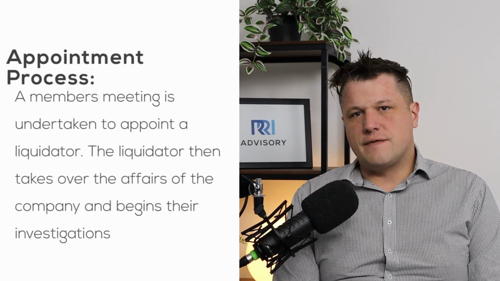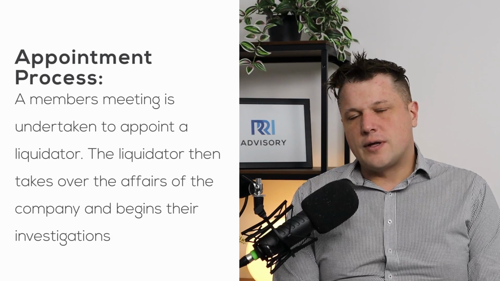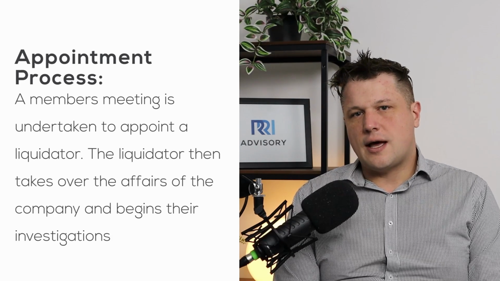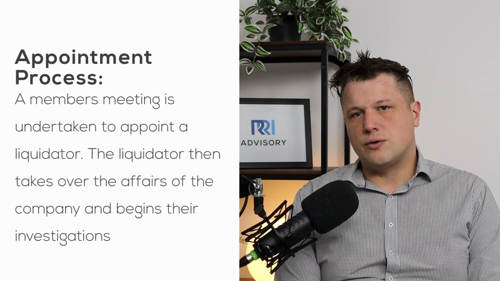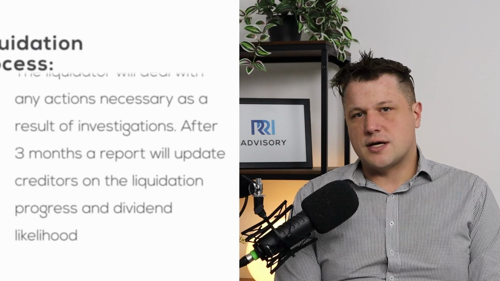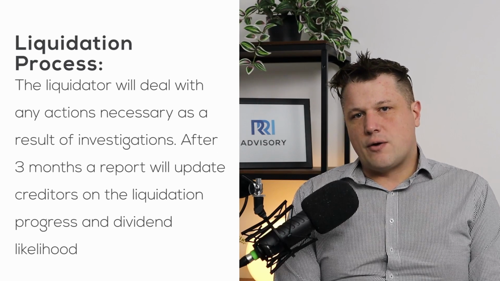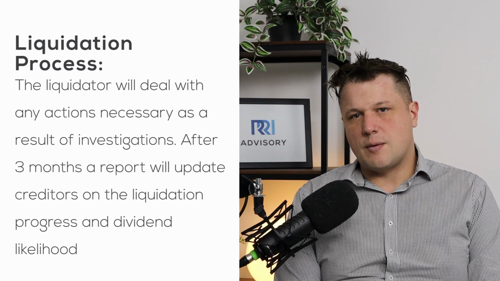The process of a creditor's voluntary liquidation and a member's voluntary liquidation is the same. A directors' meeting is convened for the purposes of convening a members' meeting of the company and for various resolutions to be passed appointing the liquidator. Following the members' meeting, the liquidator is appointed and he begins his process of taking control of the affairs of the company, including writing to the banks, securing the assets, and commencing the realisation process. The liquidator also takes control of the books and records and commences his investigations into the affairs of the company.